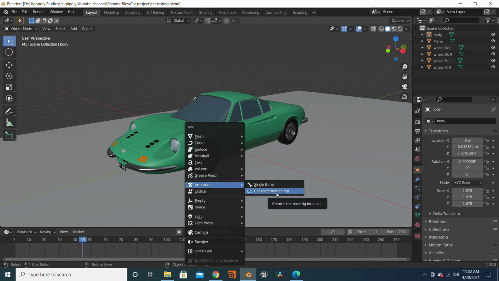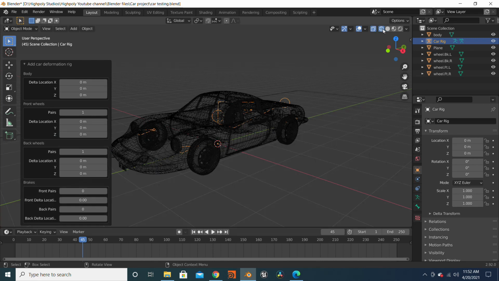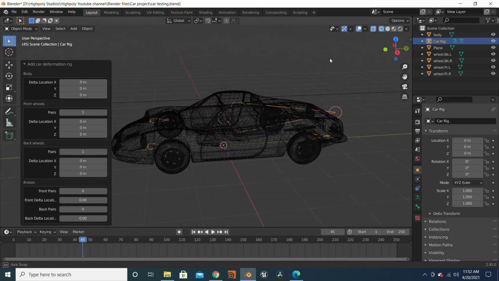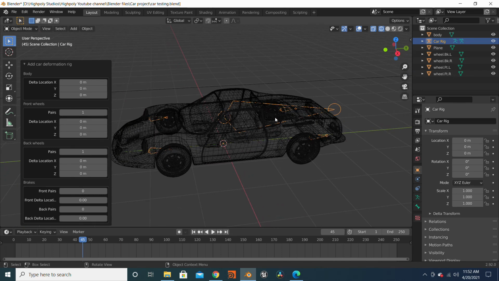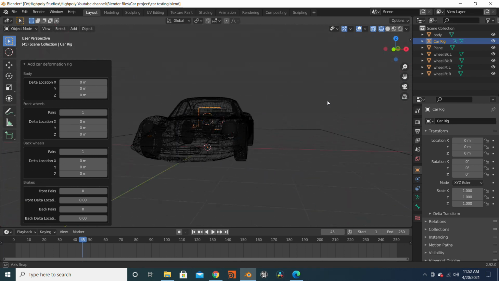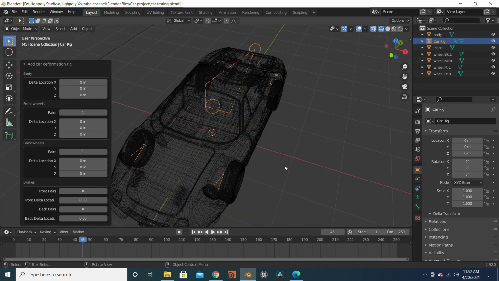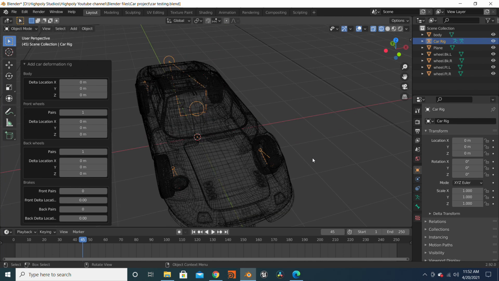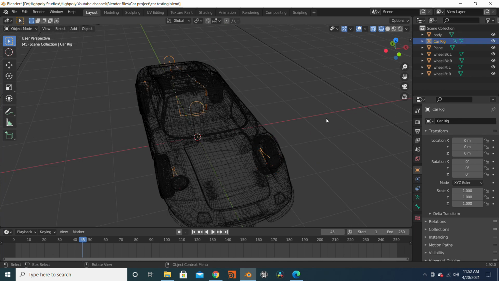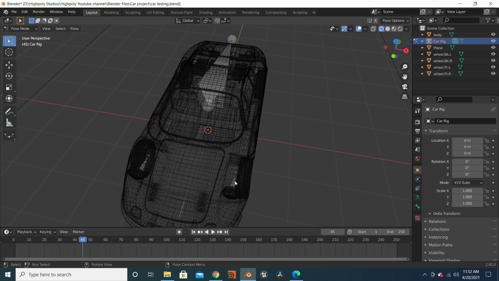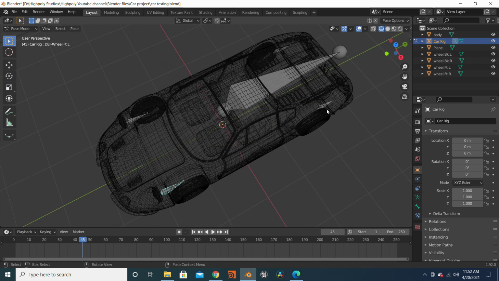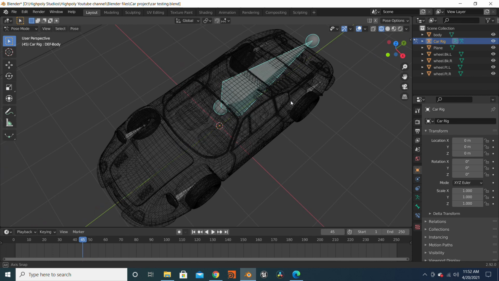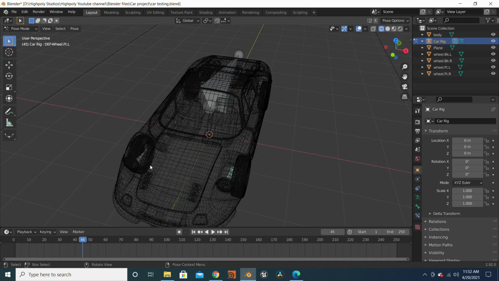So what this does, it creates bones for our vehicle, as you can see here. Now, before we start animating anything, I would just like to show you a few basic things. These small bones you see here in the front are for your front wheels, and the small bones at the back are for your back wheels. And this big bone in the middle, that's for the body of your vehicle. These are the things that will be able to animate your vehicle. So,